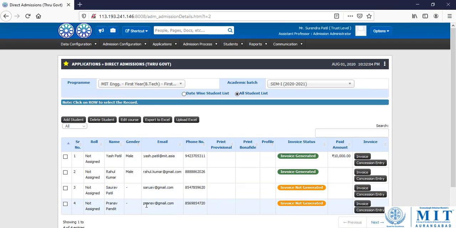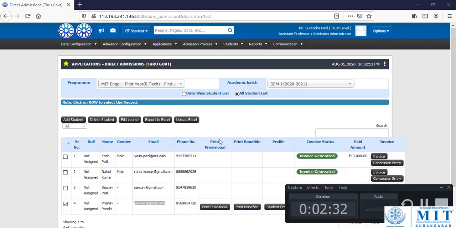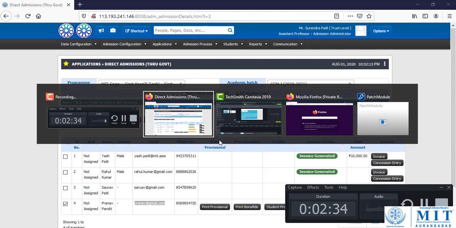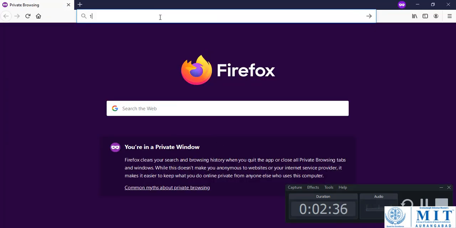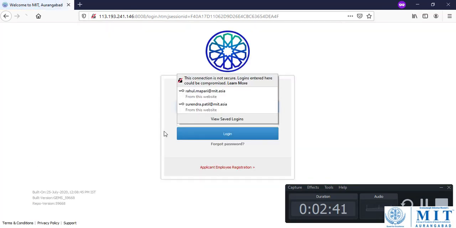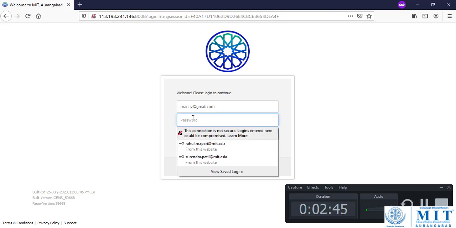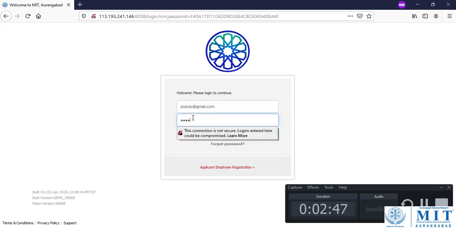As I told you, pranav@gmail.com will be the username of this student. So we provide that username here, and the default password is 123456.